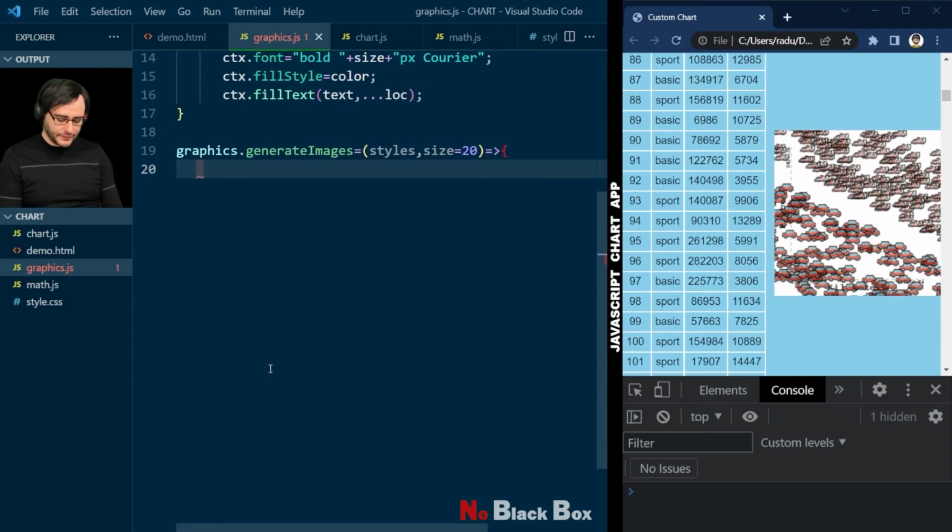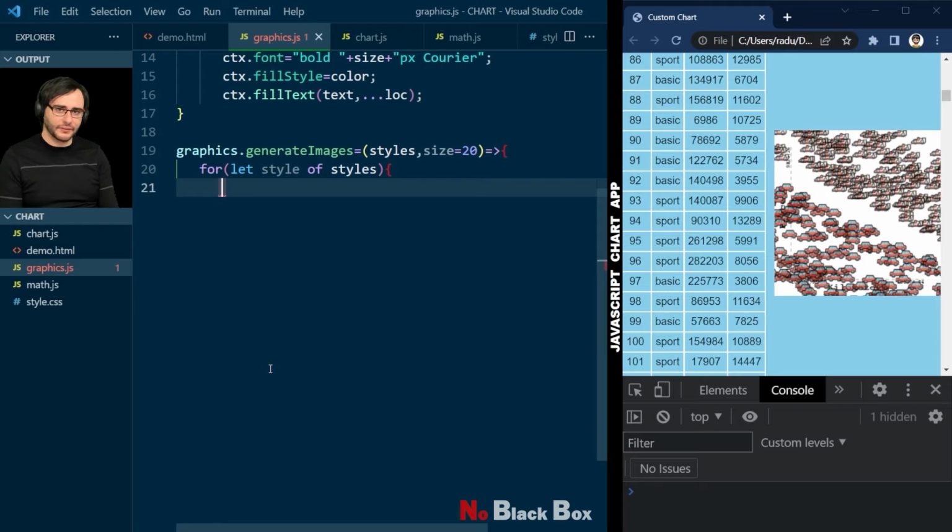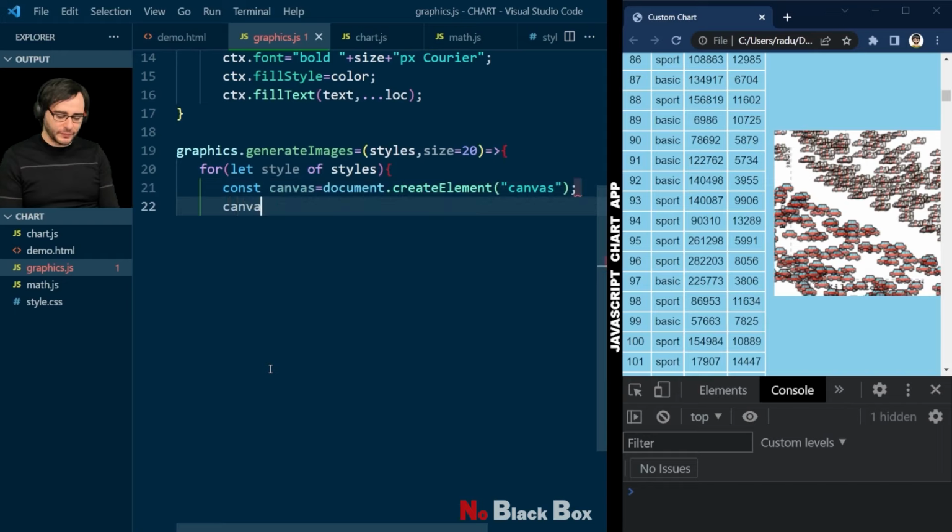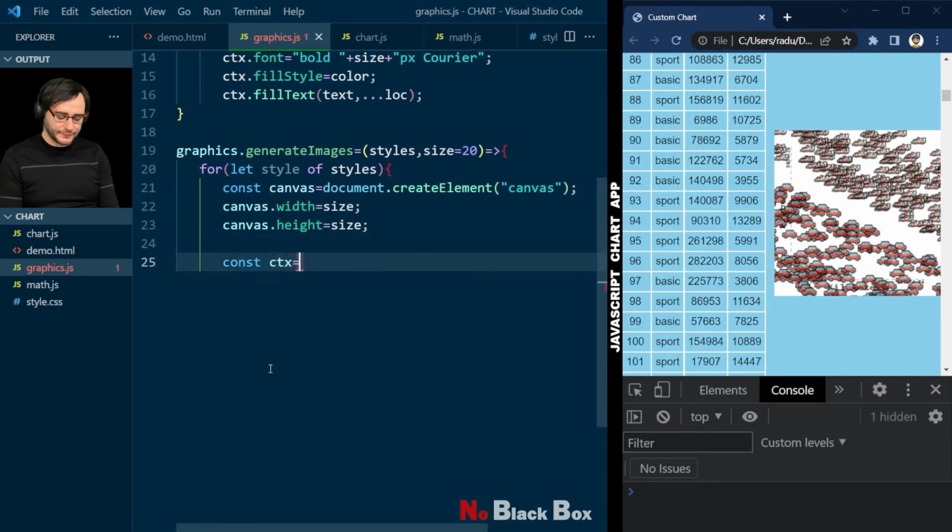And here, let's loop through the styles like this. And I'm going to create a canvas, a small canvas where we are going to draw the text as we did previously, but it's going to be a canvas only for this specific emoji. So we do document create element canvas, and the width is going to be this size, this 20, the same for the height. And now the context, we need to get it using get context,